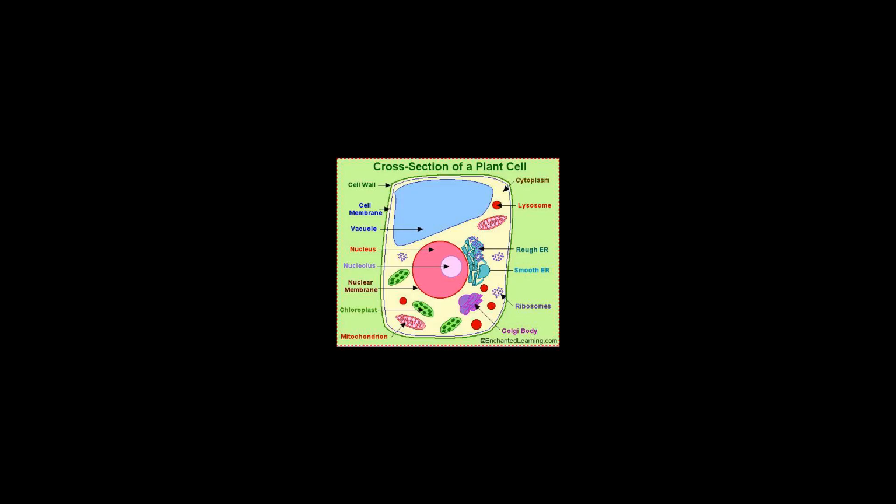Plastids, the most notable being the chloroplast, which contains chlorophyll, a green-colored pigment that absorbs sunlight and allows the plant to make its own food in the process known as photosynthesis. Other types of plastids are the amyloplasts, specialized for starch storage, elaioplasts, specialized for fat storage, and chromoplasts, specialized for synthesis and storage of pigments, as in